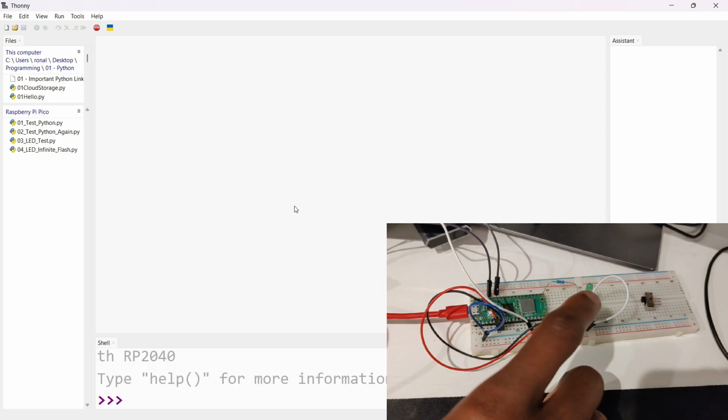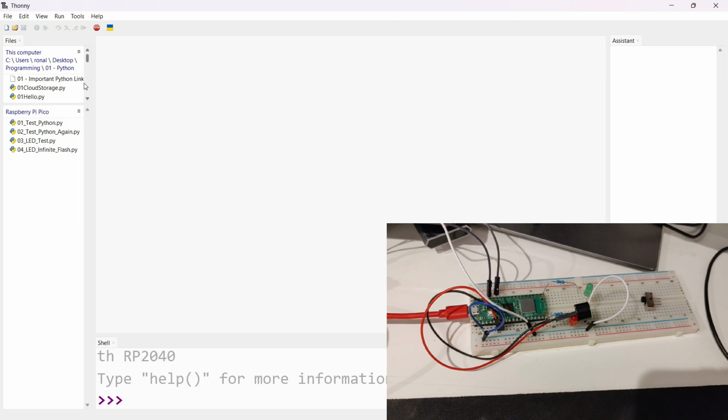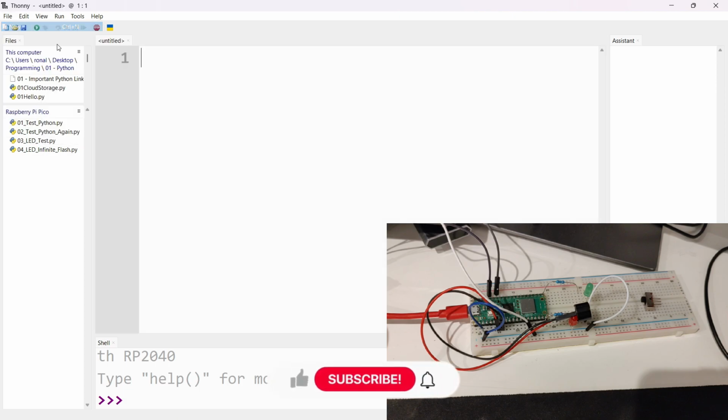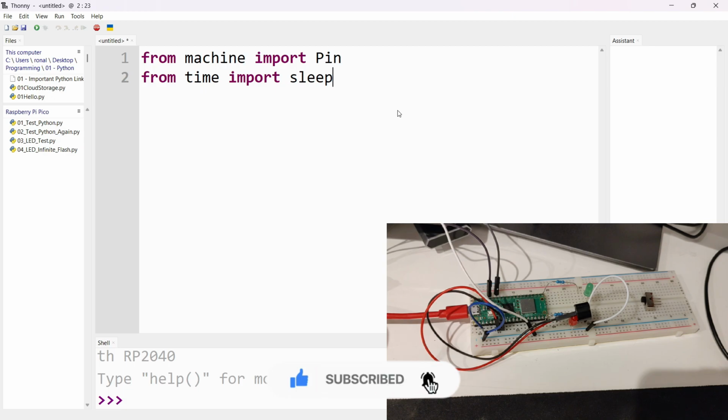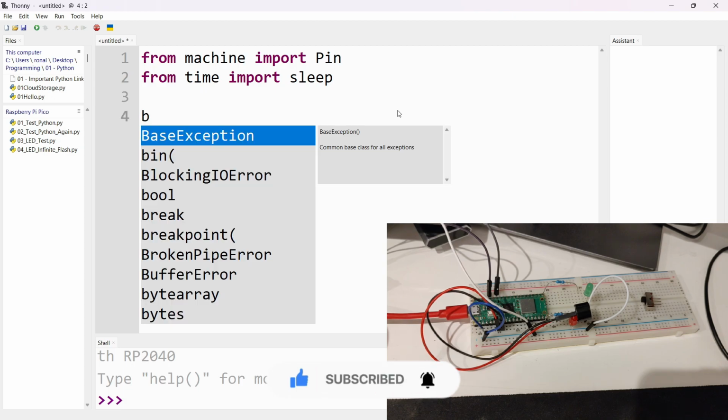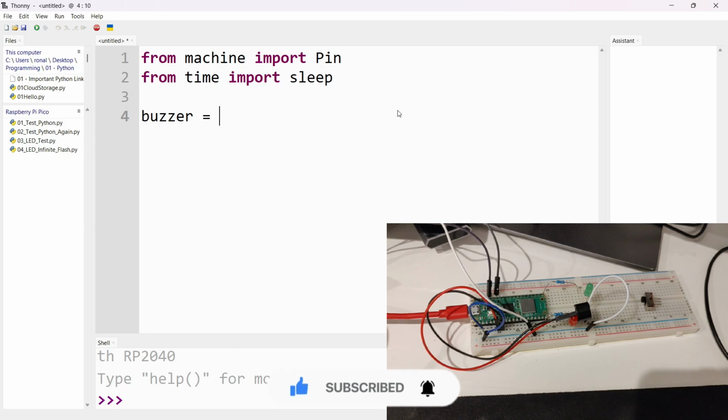The next thing I want to work on is the buzzer. So again, I'm going to create a new file, go to new. I'm going to paste that stuff at the top because I wanted to make use of it. I'm going to press enter twice, do buzzer equals, so the same thing we did for the LED before, buzzer